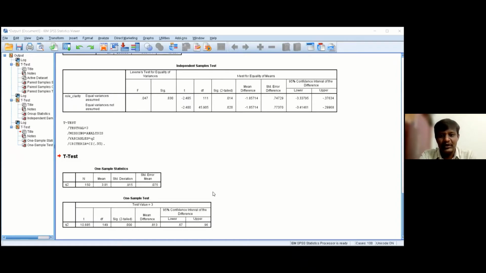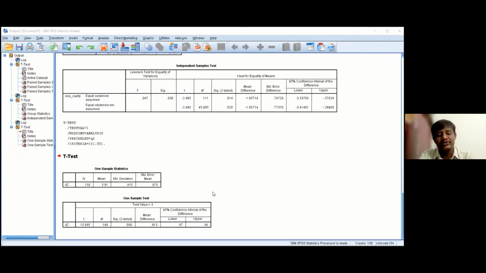Whatever statistical tool we use, we will make use of a hypothesis. We will frame a hypothesis and then we work on that hypothesis. Here, this particular statement is related to a career goal.